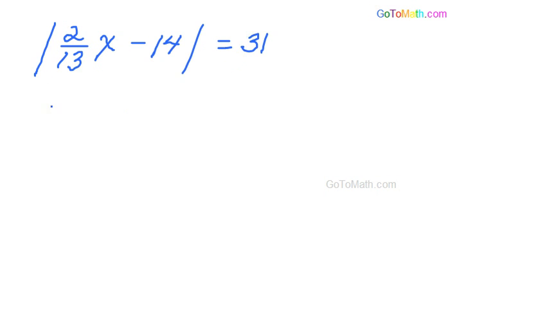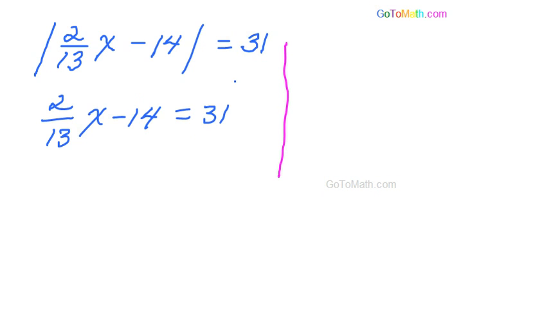So we've got the absolute value. So step 1, well, that's not part of step 1 actually. We're going to drop the absolute value bars. So we're going to write 2 over 13 x minus 14 is equal to 31. So that's one of the equations. And then go ahead and do a little divider bar here. Try to write straight. And so we drop the absolute value bars, 2 over 13 x minus 14, except this time remember, we multiply through by negative over here on this side,